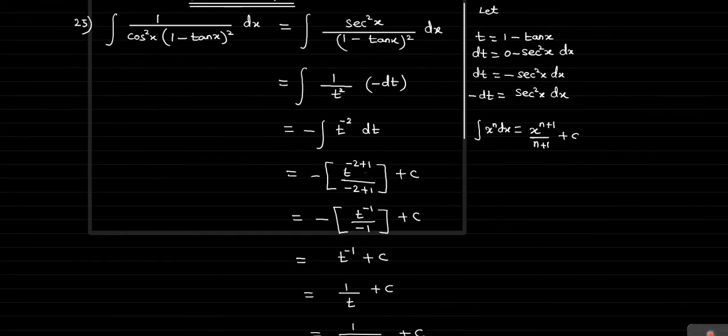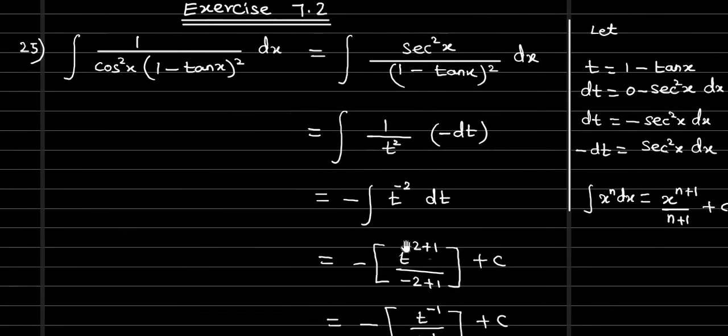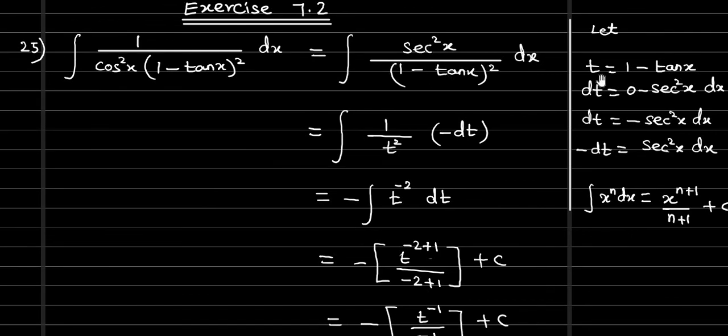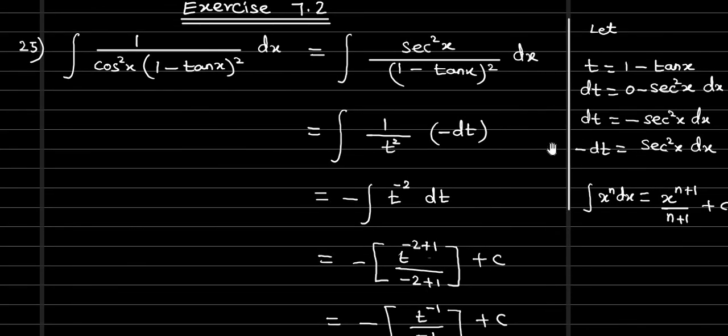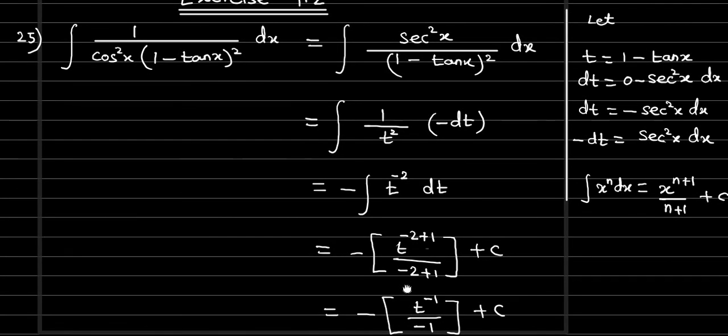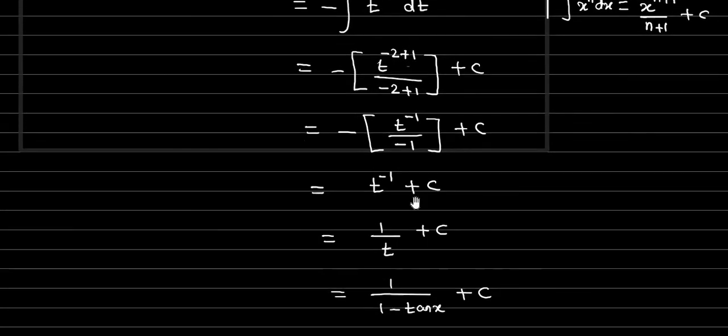The 25th one. So what we did here: this is the given function. It is not in the standard form. So we got the idea that 1 by cos square x we can write in the form of secant square x. As soon as we write secant square x, we are able to relate that the denominator function's derivative is the numerator. So we assigned the denominator function as t, and then proceeded with the integration. Okay, so that's all for this sum.